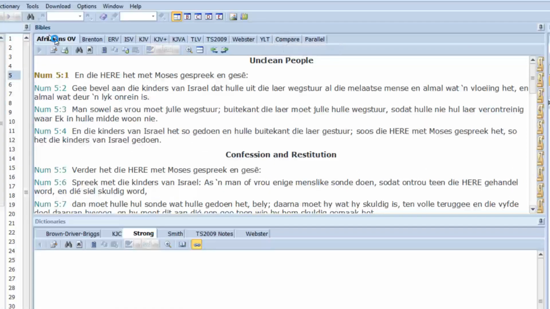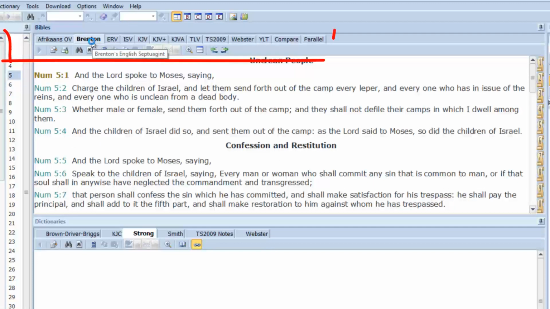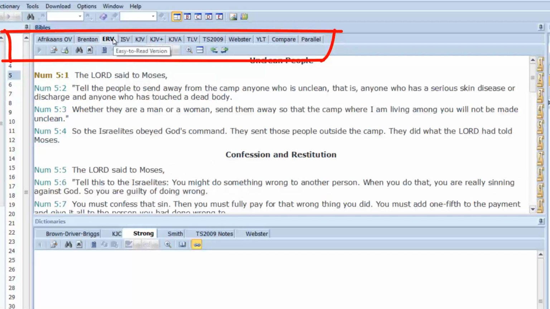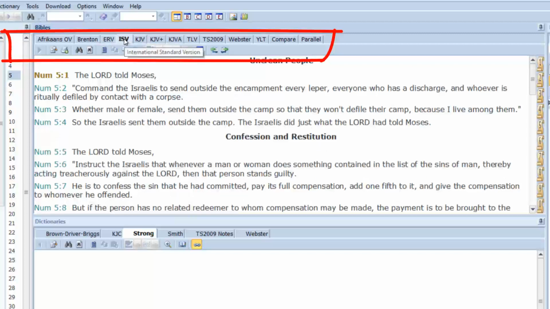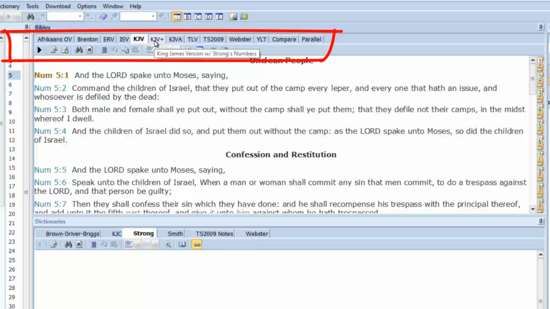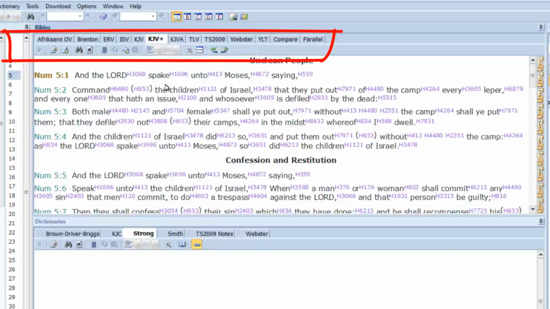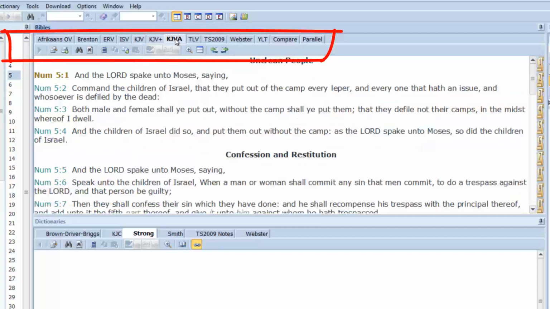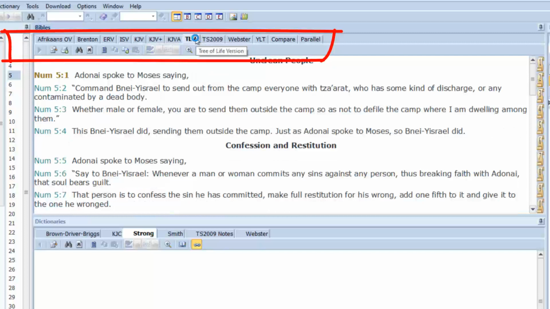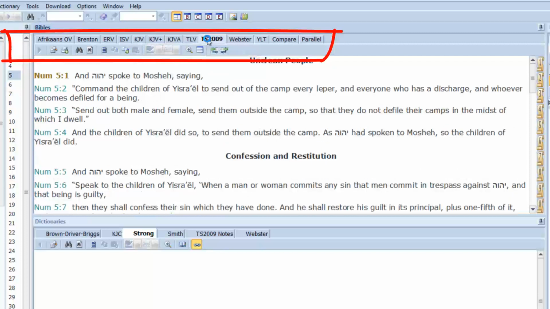So what you find on e-Sword, you can download whatever translations you want. I have the Afrikaanse ou vertaling, I have the Brenton English Septuagint. The Septuagint is the Greek version of the Old Testament. Then I've got the ERV, the Easy to Read Version, the ISV, International Standard Version, the normal King James, and then the King James with Strong's Concordance numbers. I also have the King James, the newer version, the Tree of Life version, and the Scriptures,